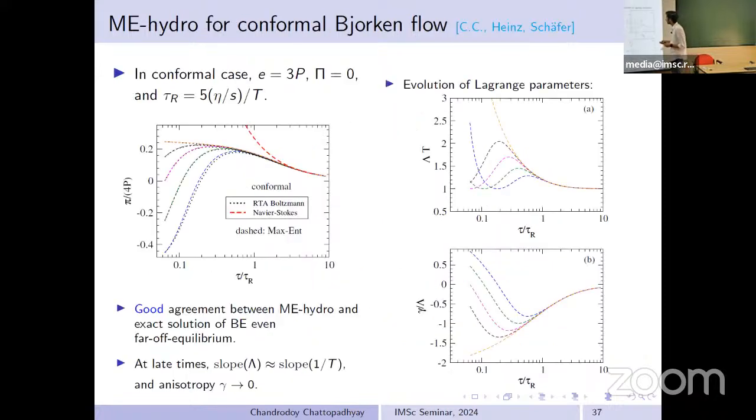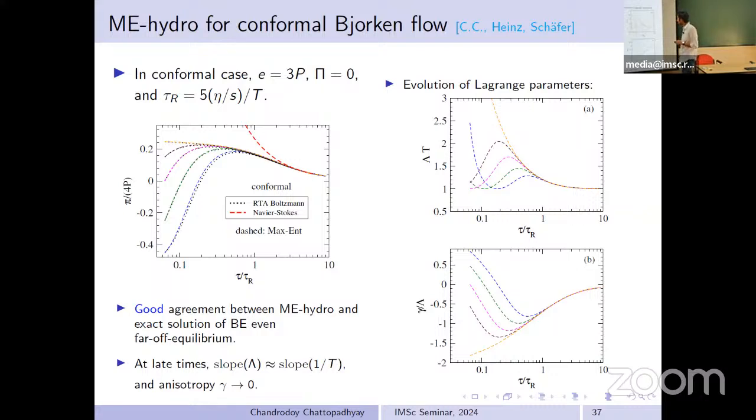And we see that this framework, the maximum entropy framework, is in very nice agreement with solutions of kinetic theory. Here I am taking the massless case, so there is no bulk viscous pressure. It shows the evolution of the shear stress as a function of the proper time in Bjorken flow. One finds that these dotted lines are obtained from kinetic theory, and these dashed ones are obtained from the maximum entropy truncation procedure. It is in very nice agreement with the kinetic